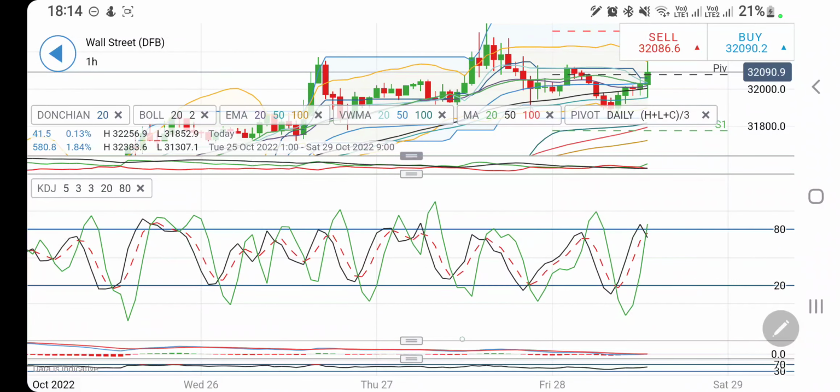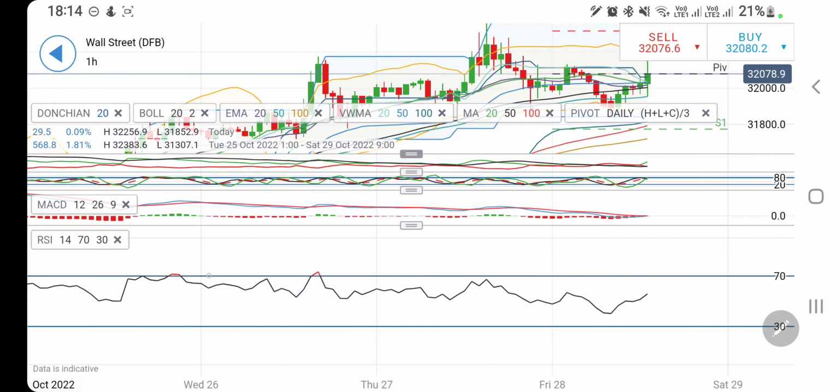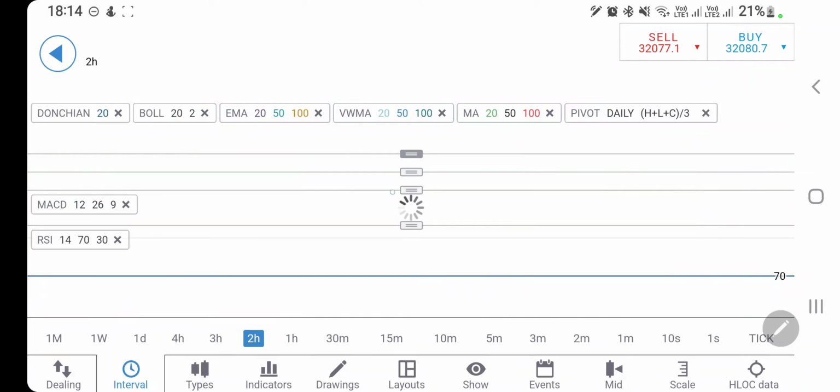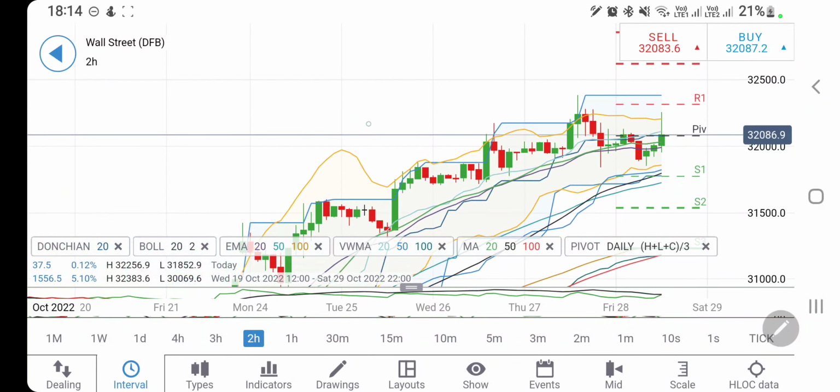Directional movement is divergent and bullish on the hourly charts. Stochastic is at a high, looking downward. The MACD is willing to converge, a crossover for a bullish move. RSI is looking upwards. On the 2-hour charts, there are two higher lows, and then this breakout candle: rise, retracement, rise. So this is the channel in which it is trying to trade. Highs are at around 32,250, and if it breaks this zone at 32,250, 300, certainly you can expect